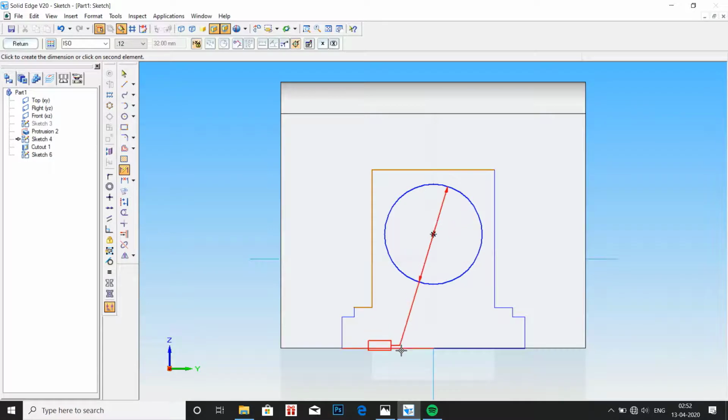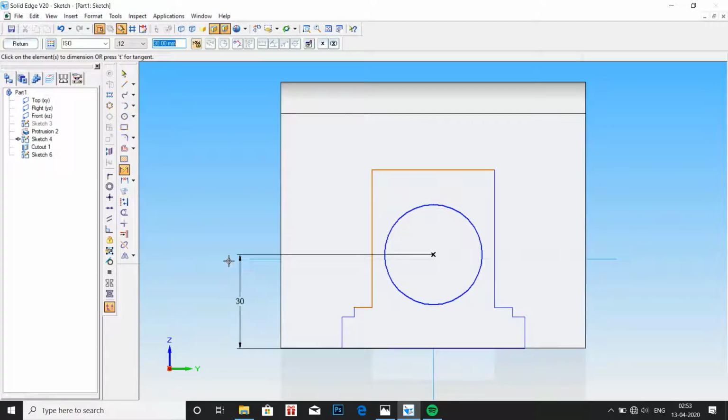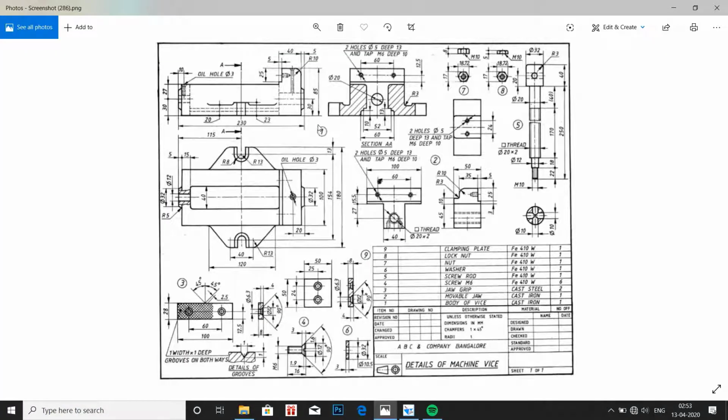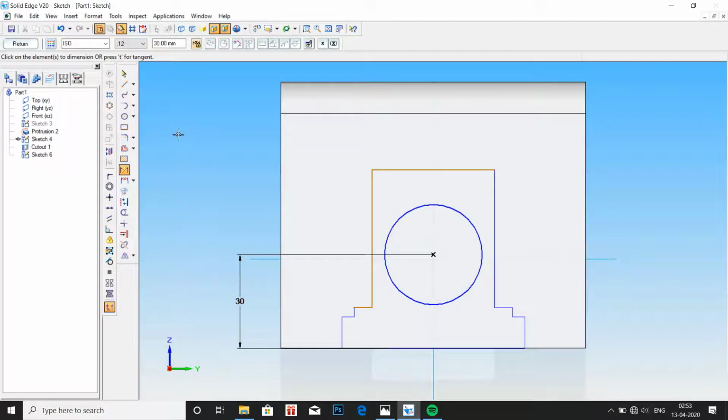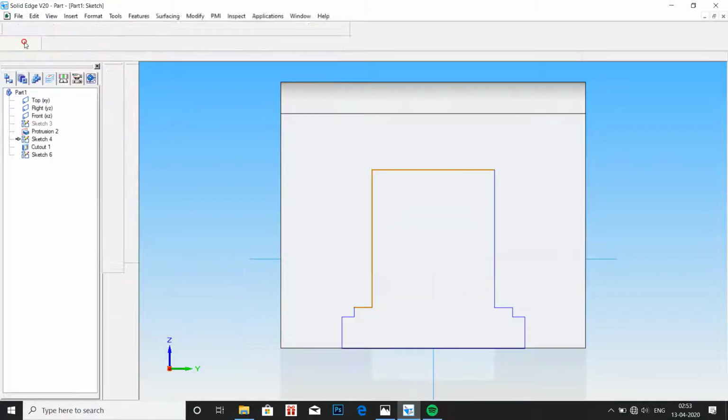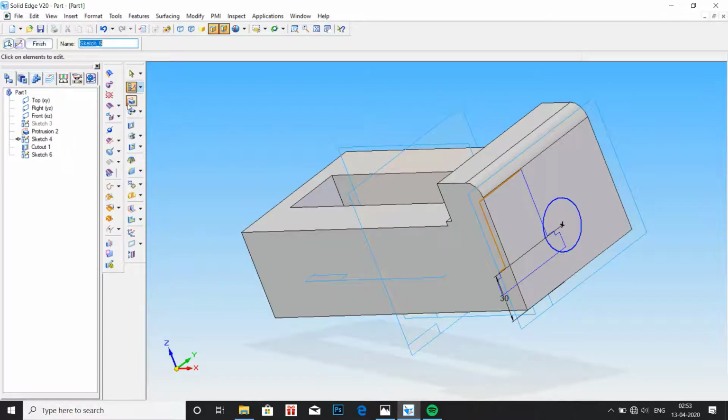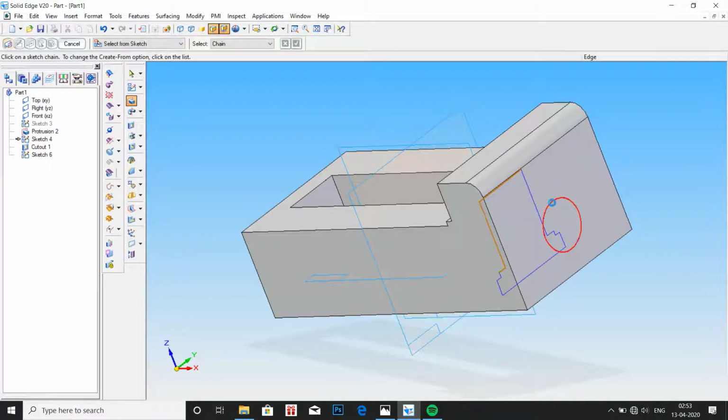Select the circle, select the bottom line, and enter the value as 30 mm. And the protrusion value is 5 mm. Click on return, select the circle and protrude it to 5 mm.